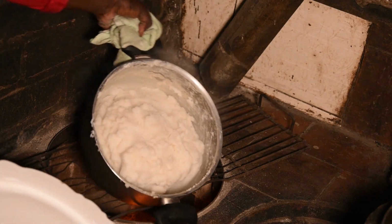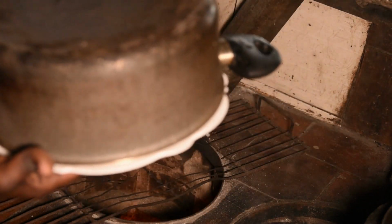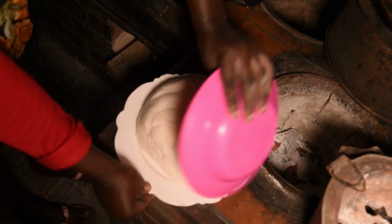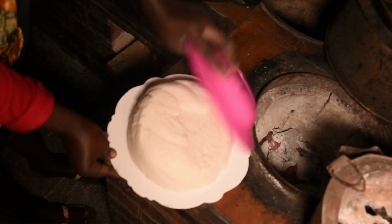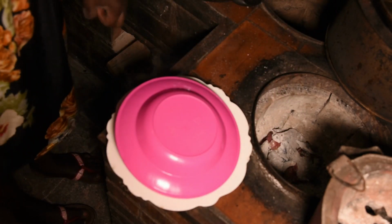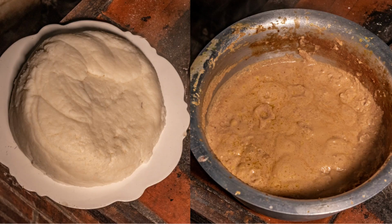So I'm going to put it in a plate because our posho is nicely ready, as you can see. Then shape it very well. So our posho is nicely ready, and also our groundnut paste, you can see it's nicely ready. The oil actually has come up on top of the